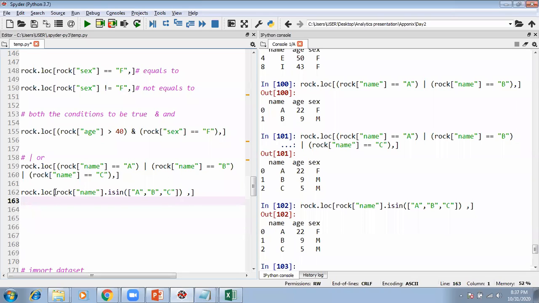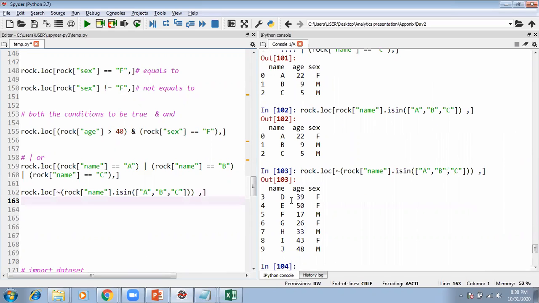So what you can do is put the entire stuff in a bracket. Outside you can write not equals to, but we have learned not equals to is with the exclamation mark. Whenever you are writing it outside the bracket, other than the exclamation mark, this is not going to work. So you have to give this sign, tilde. This also means not. So whatever is in the bracket, you exclude them, and the rest you show me. Except ABC, show me the rest. So except ABC, I have the rest.